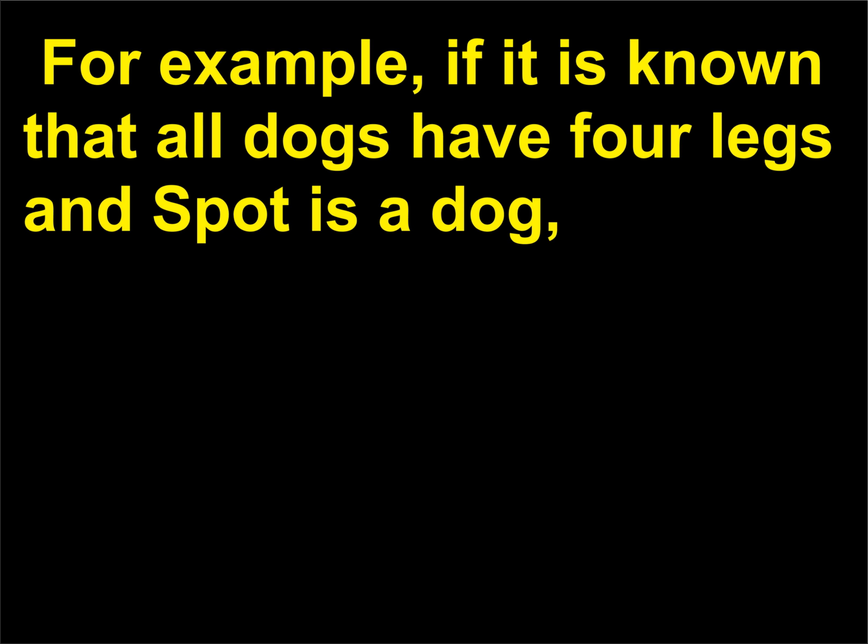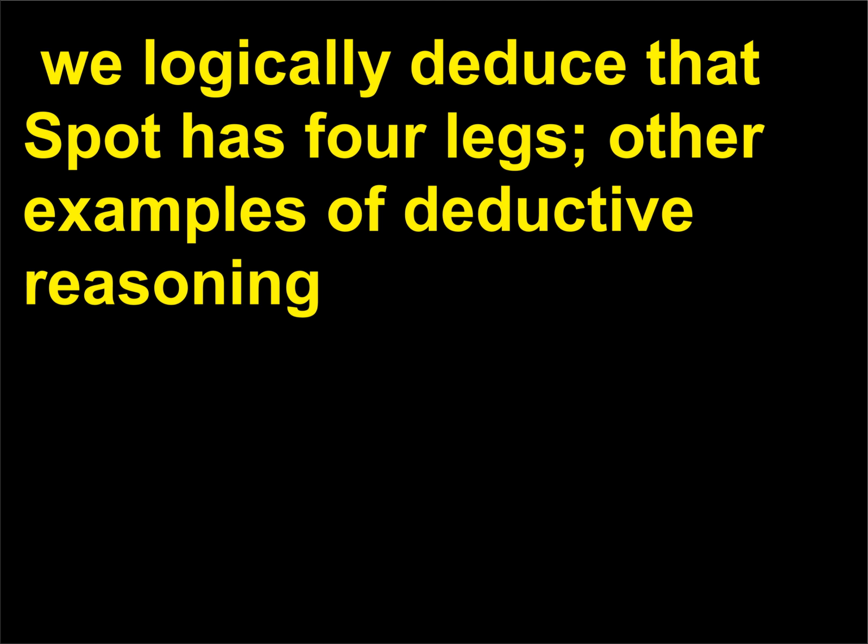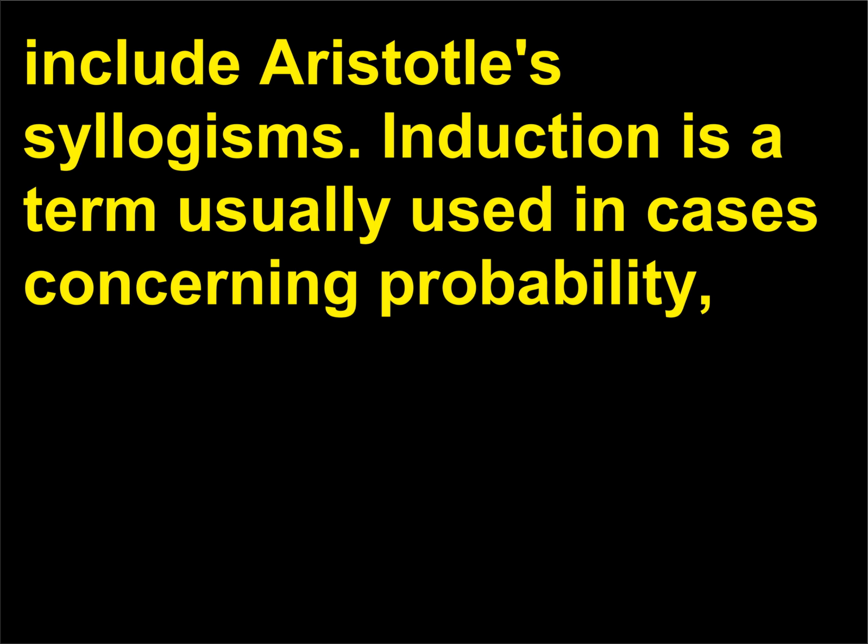For example, if it is known that all dogs have 4 legs and Spot is a dog, we logically deduce that Spot has 4 legs. Other examples of deductive reasoning include Aristotle's syllogisms. Induction is a term usually used in cases concerning probability,